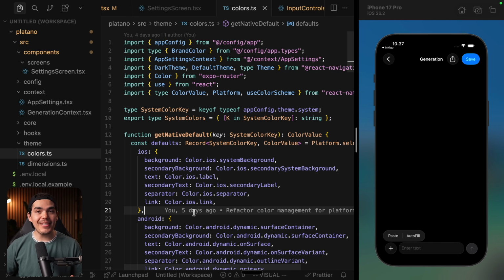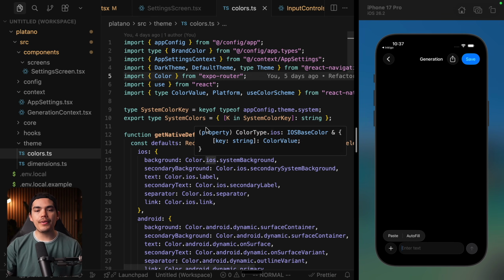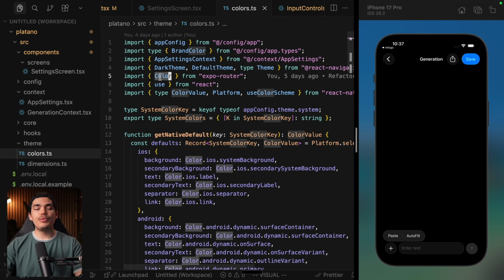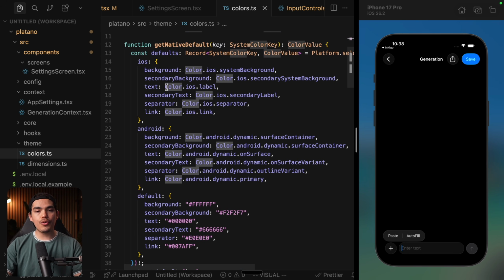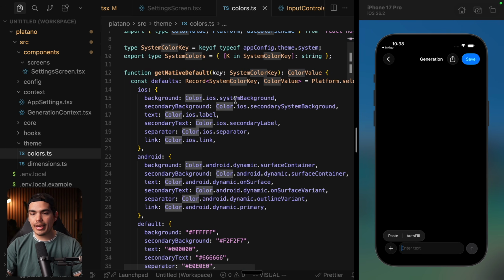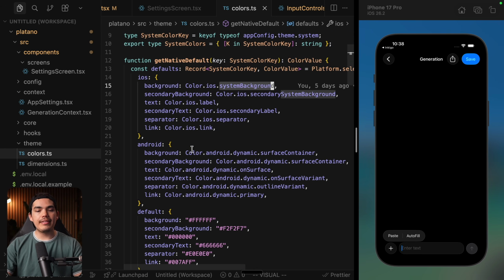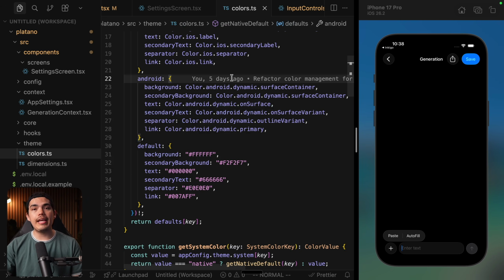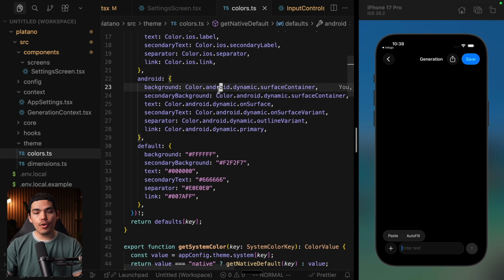All right, tip number 6 is going to be to use platform colors. So in case you didn't know, Expo Router in the latest version of Expo SDK 55 now comes with a utility color that you can use to grab the platform colors of each platform, colors for Android and iOS. And the way you access them is just by saying color.ios.systemBackground. And then for Android, you can actually use dynamic surface colors and material colors, which is really cool. So you can access it by saying